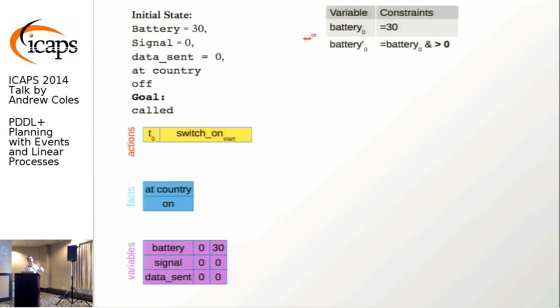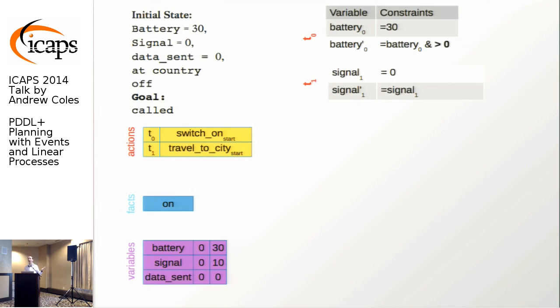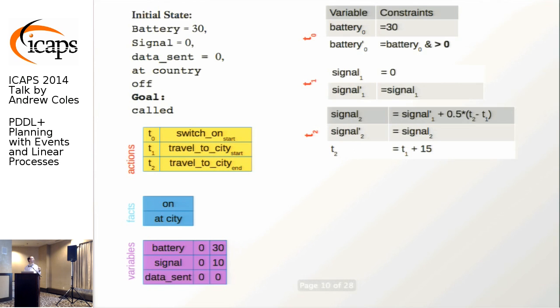That's not particularly interesting, but as we build on that, we will refer to these variables later on. If we start traveling, again, we say, well, we have a signal level of 0, but we haven't necessarily moved yet, so we're not going to say anything beyond that. Where it starts to get interesting, if we end our traveling to the city action,